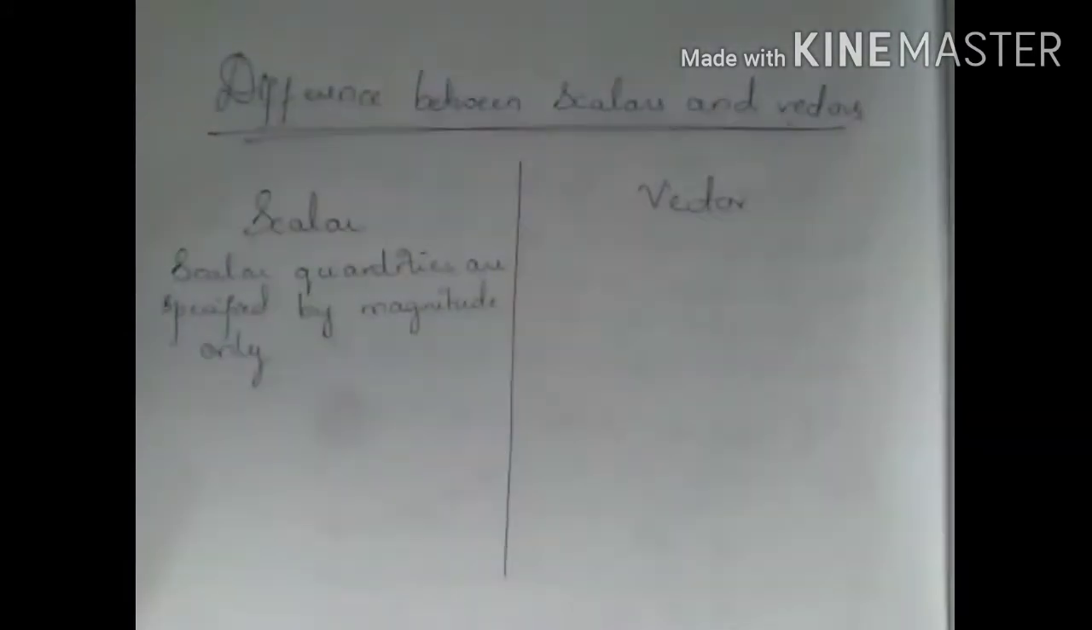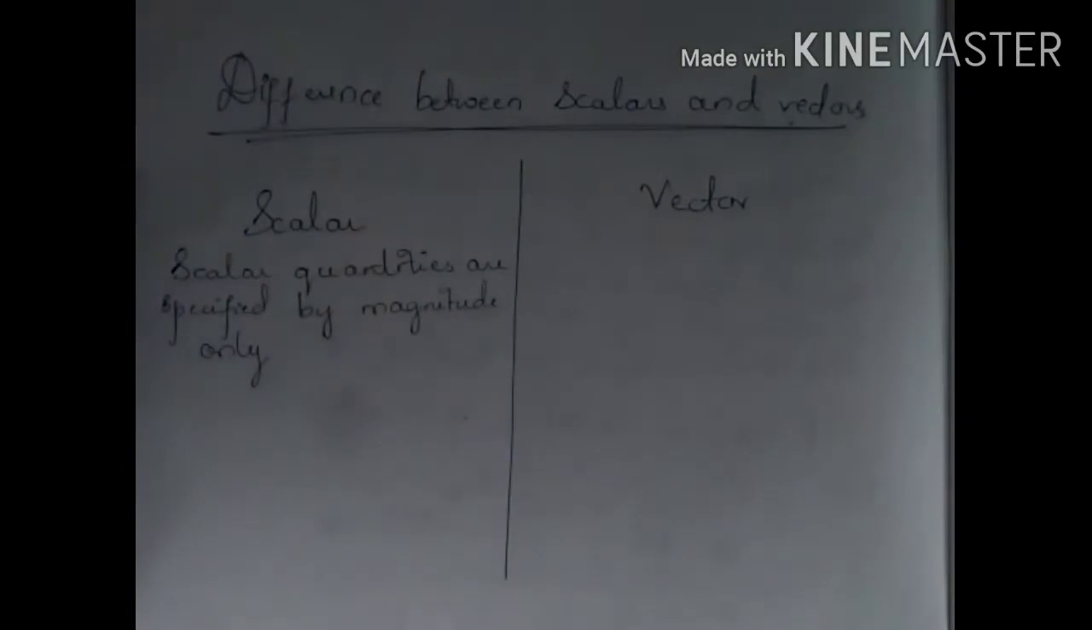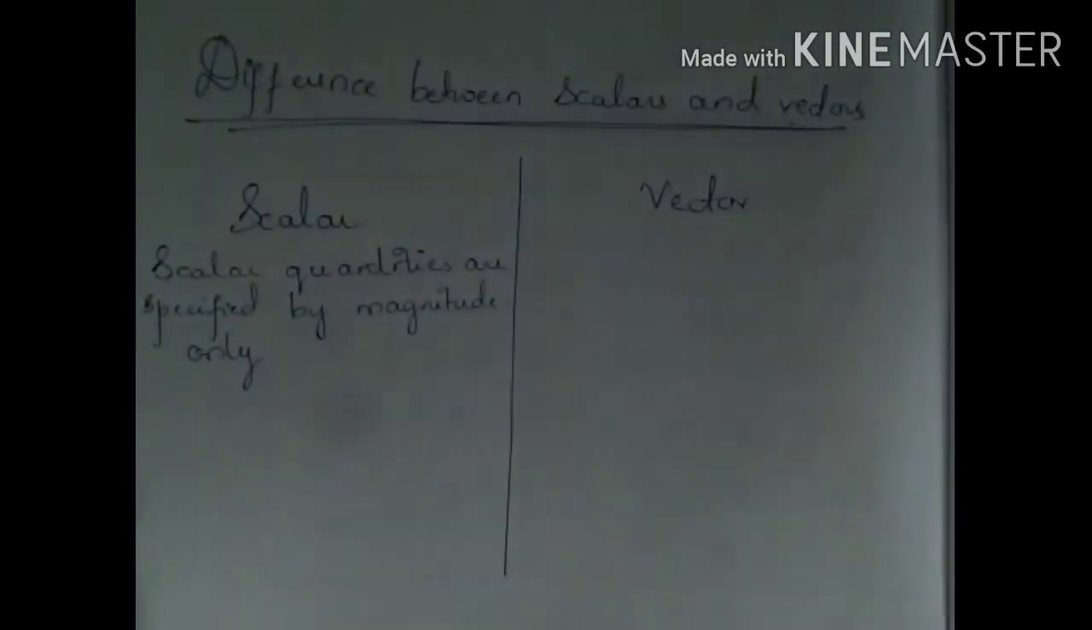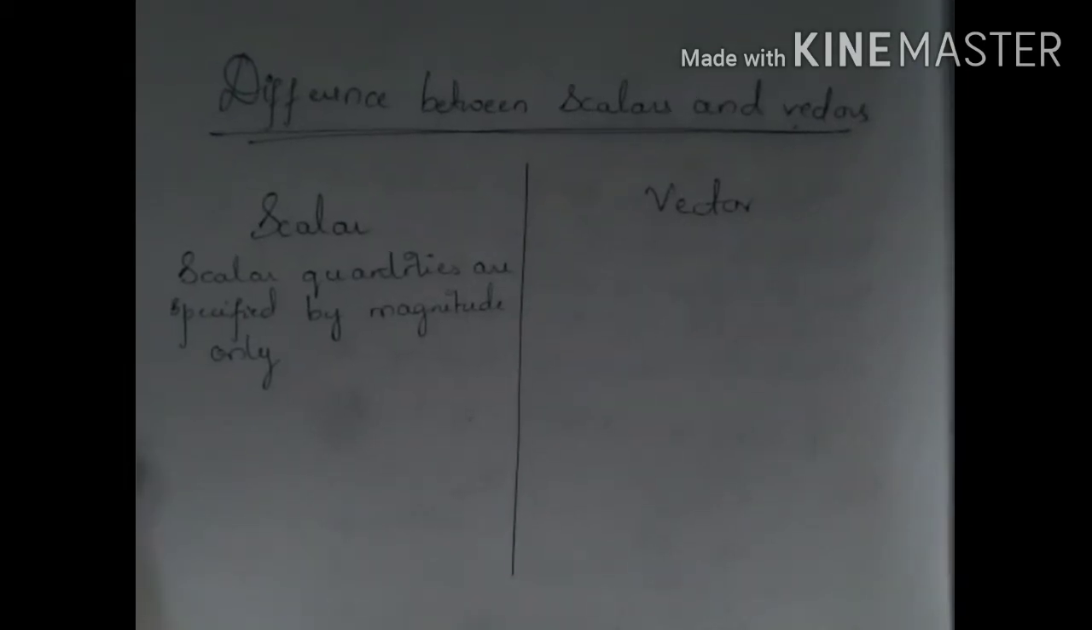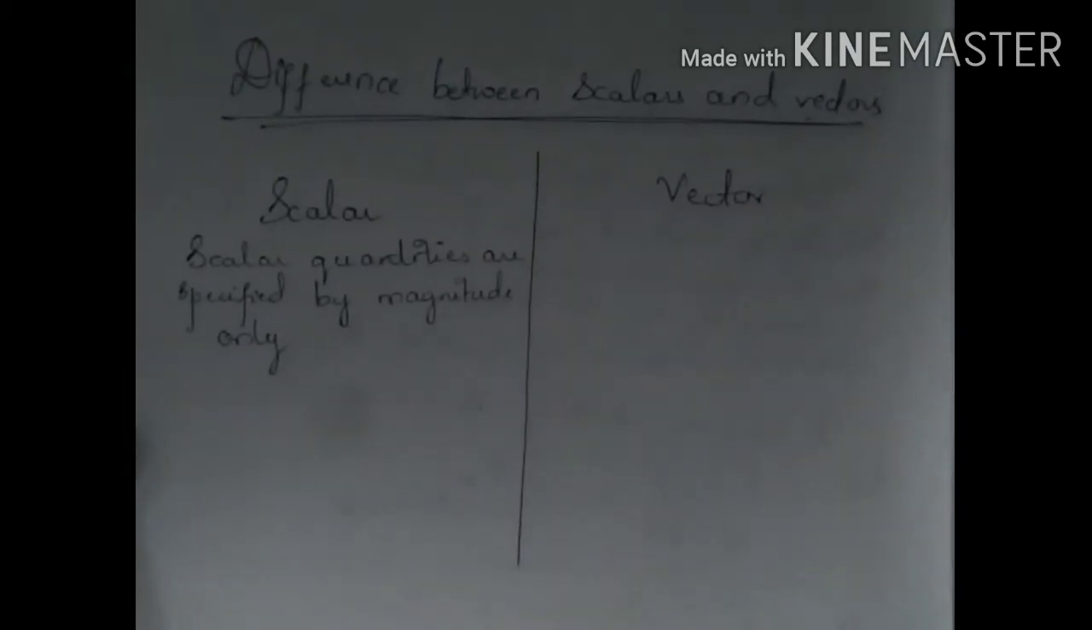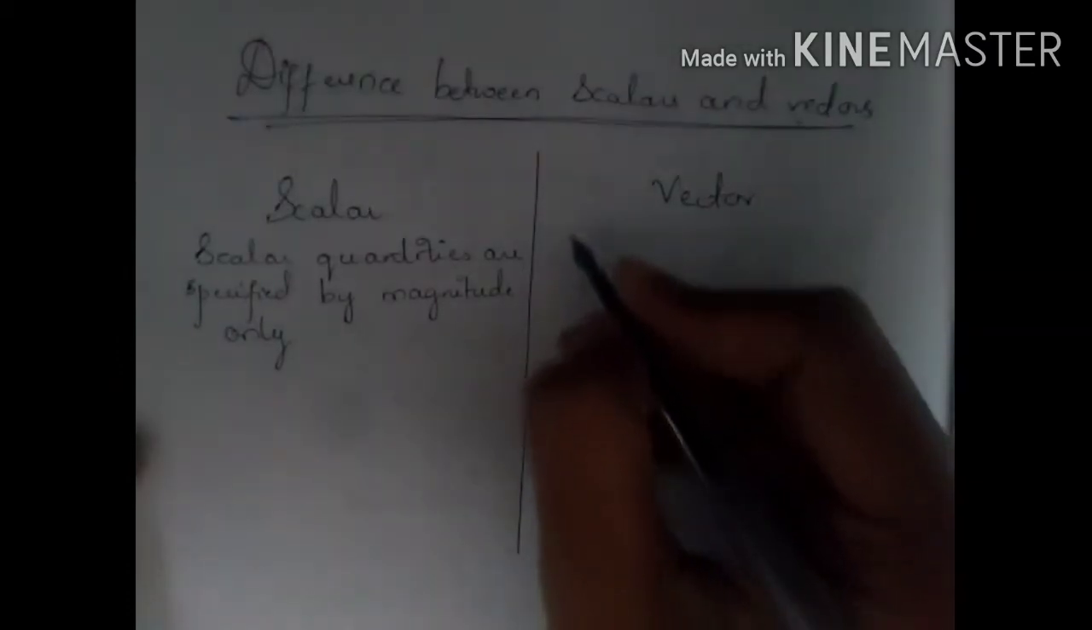So if you have a scalar, then this scalar tells the magnitude of that physical quantity. It never describes the direction of the physical quantity. Whereas vectors